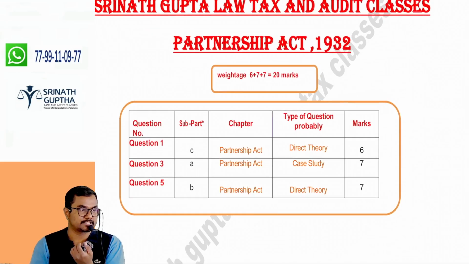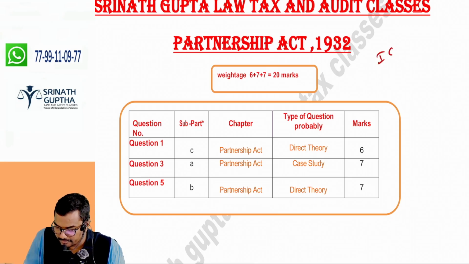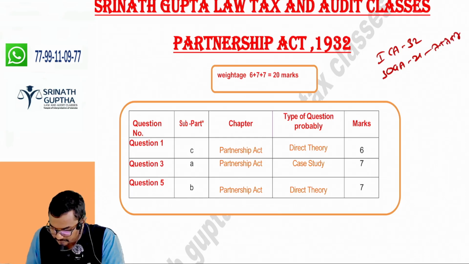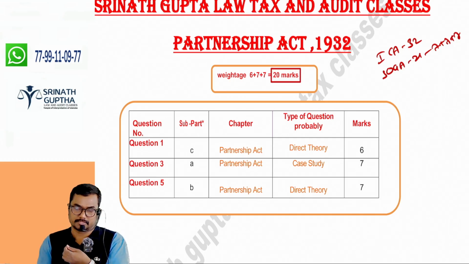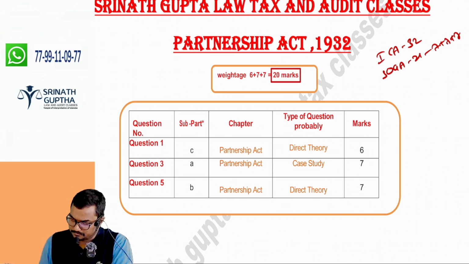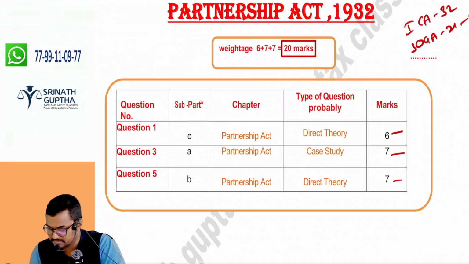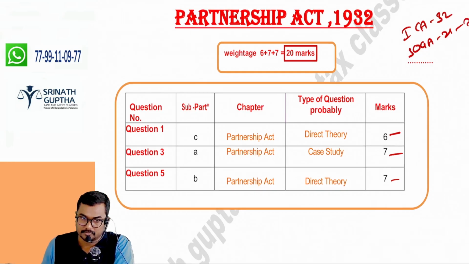Weightage of 20 marks. So, what is the weightage of the Indian Contract Act? Contract Act will be 32 marks, 21 marks. That is 7 plus 7 plus 7. Right? And when it comes to the weightage of partnership, its weightage will be 20 marks. You have three questions from this chapter: 1C, 3A, 5B. 6 marks, 7 marks, and 7 marks. 7 plus 7, 14, 14 plus 6, 20. So this will be the pattern. You will be getting 20 marks from